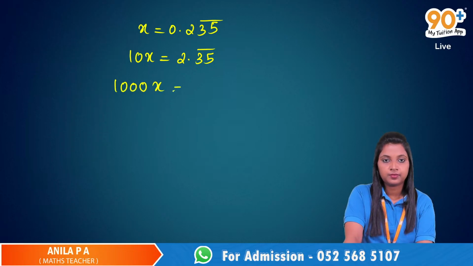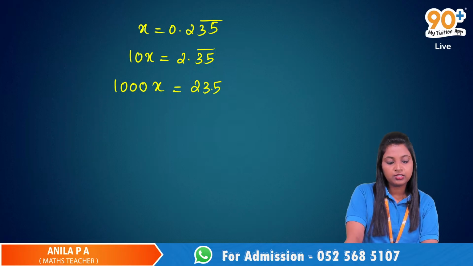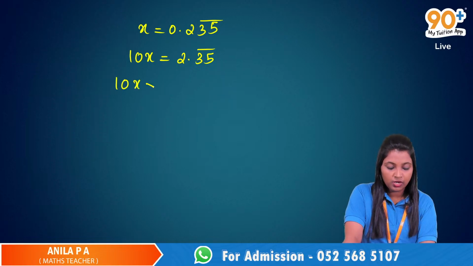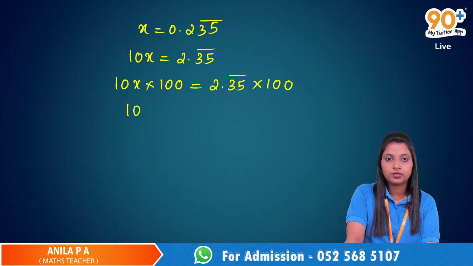1000x equals 235.35 bar. We multiply this 10x by 100. It's already 2.35 for 10x, so if we multiply by 100, only 2 places will move. So 2.35 bar into 100 is 235, which is 1000x equals